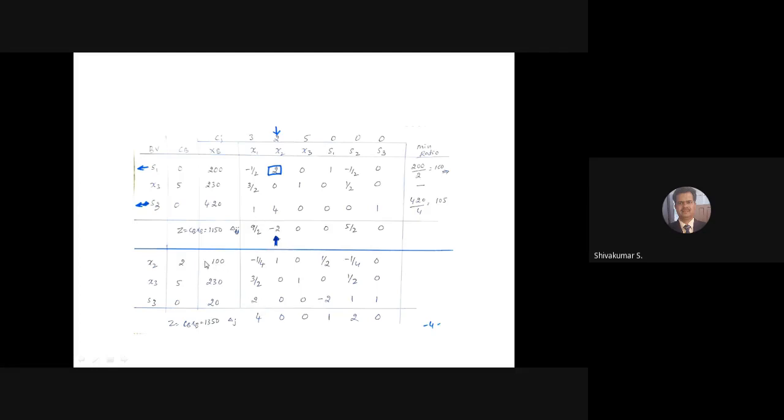Now multiply this by minus 4, because minus 400 plus 420 becomes 20. You are multiplying the entire row to make this 0. That's why. So 100 into minus 4, minus 400 plus 420 becomes 20. So now here I already got 0. Multiply by minus 4, 0 only. 0 is there, 0.